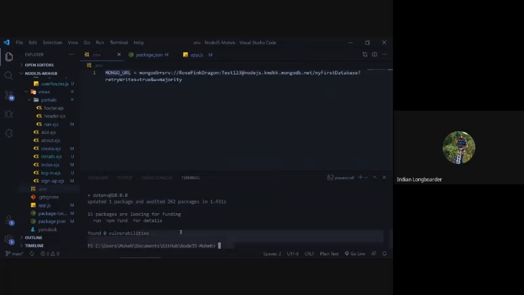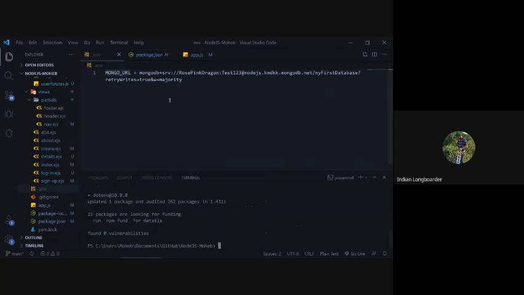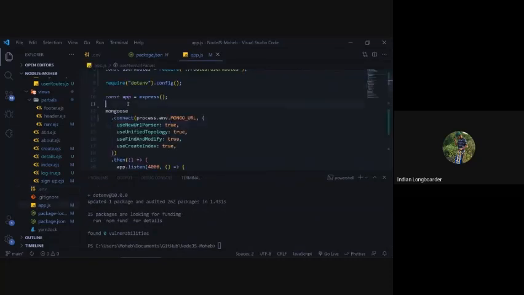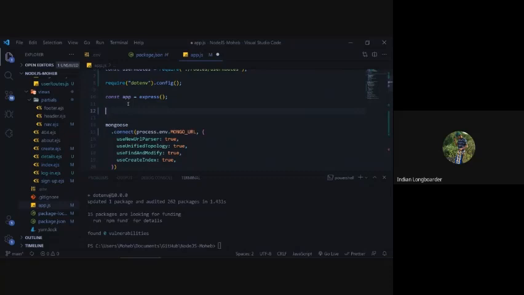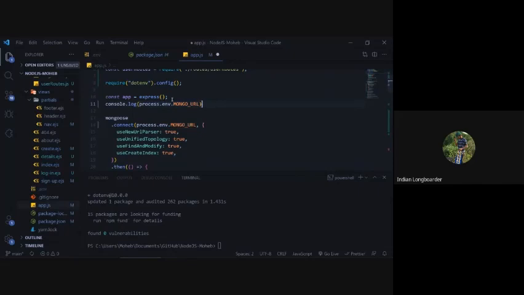Once you have installed it, wherever you want, if you want to say console log, you can just say process.env.mongo URL. Whenever you call this, the URL for your database will be pushed inside the code until required.